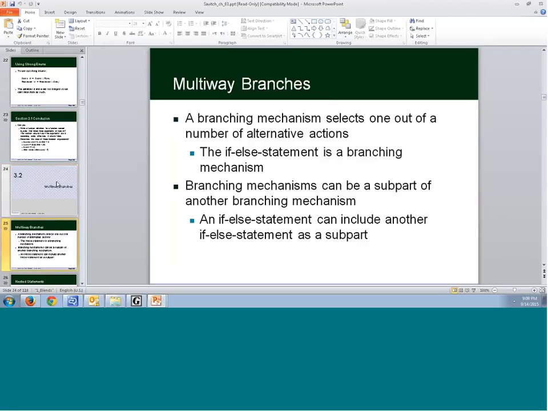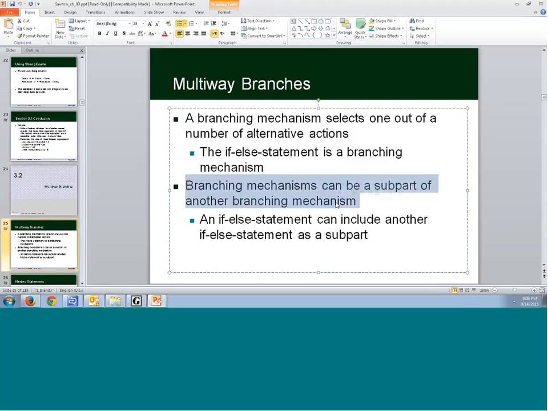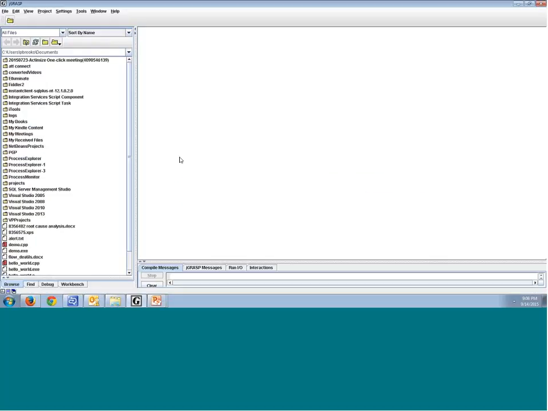All right, so multi-way branches. If else, of course, is the basic branch that we've seen. What we mean by branch is, a branch of code is a selection of code that can be executed depending on some sort of decision that is made. And you can have nested branches as well. If else can include another if else. I can come in here and say,